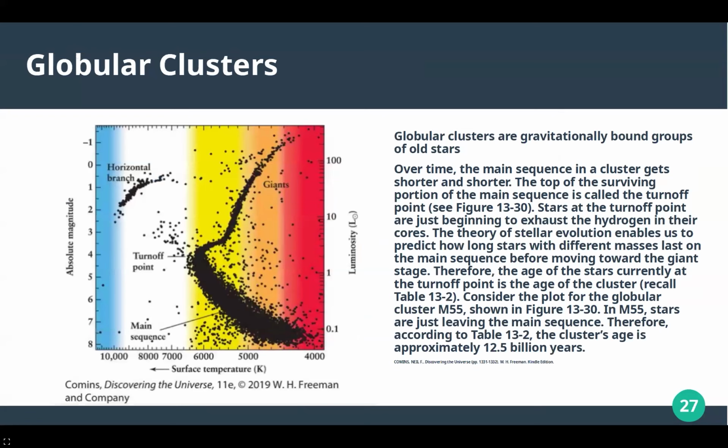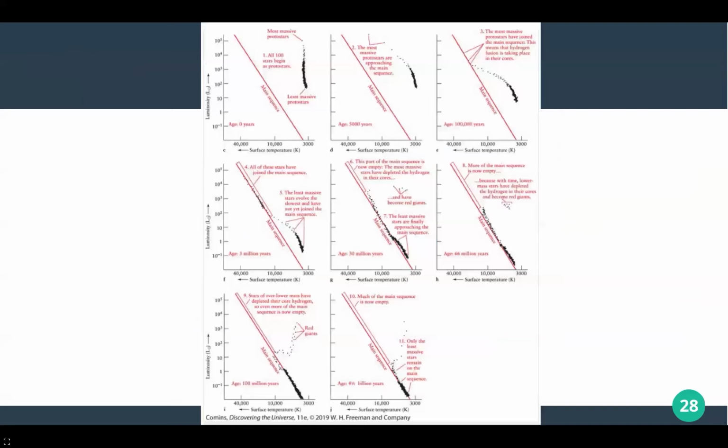Consider the plot for the globular cluster M55, as shown on the left. In M55, stars are just leaving the main sequence. Therefore, according to table 13.2, the cluster's age is approximately 12.5 billion years. Here we see an overview of the lifetime of a globular cluster, where the most massive protostars approach the main sequence and become main sequence stars, while the rest of the less massive protostars eventually become main sequence stars.